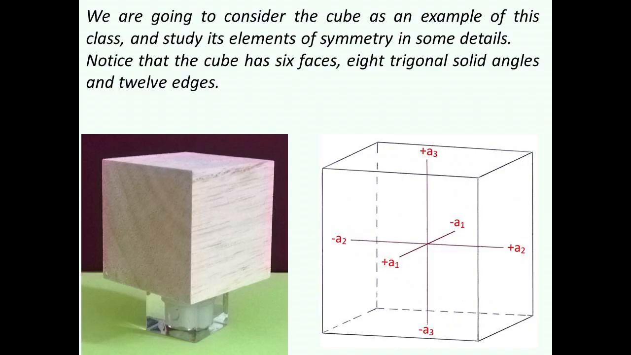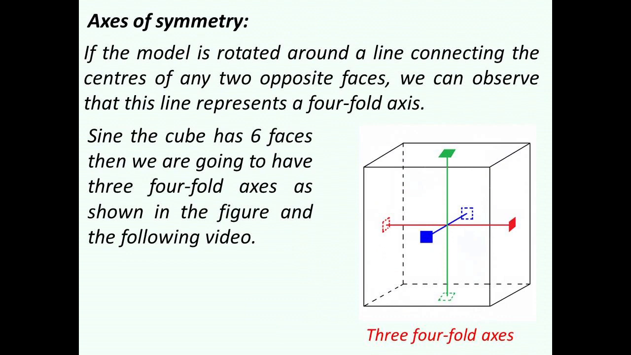See the table. We are going to consider the cube as an example of this class and study its elements of symmetry in some details. Notice that the cube has 6 faces, 8 trigonal solid angles, and 12 edges. Axes of symmetry. If the model is rotated around a line connecting the centers of any 2 opposite faces, we can observe that this line represents a 4-fold axis. Since the cube has 6 faces, then we are going to have 3 4-fold axes as shown in the figure